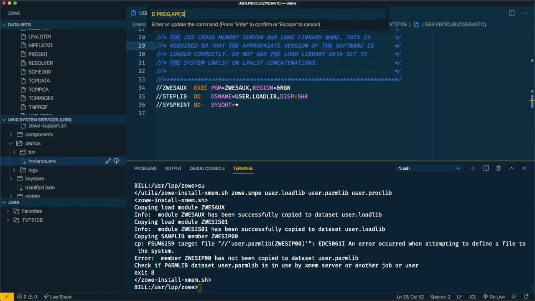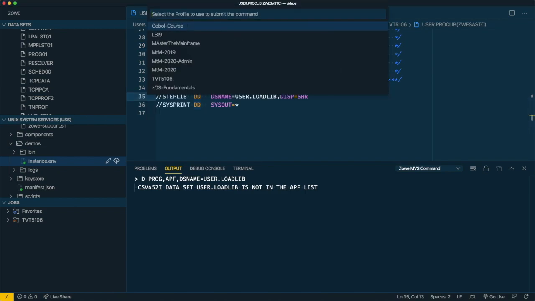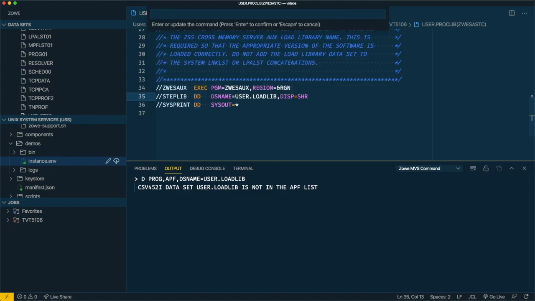So D PROG,APF and DSN USER.LIB. When we do that, we get an output from the command, and this dataset is not in the APF list. So I'm going to issue the command now to add this dataset to my APF,